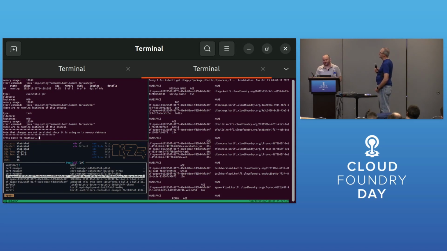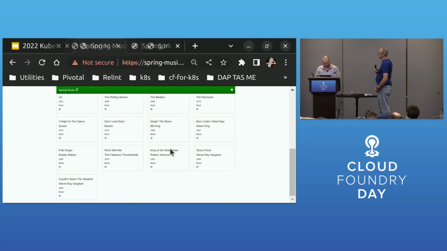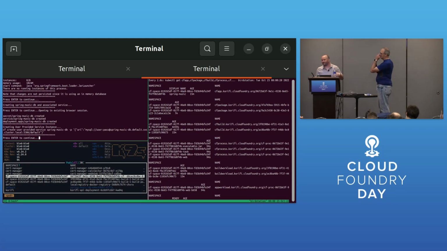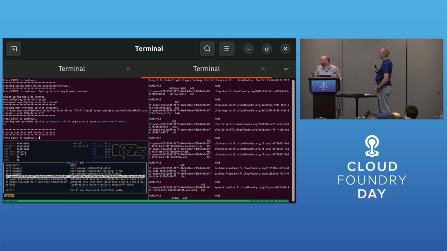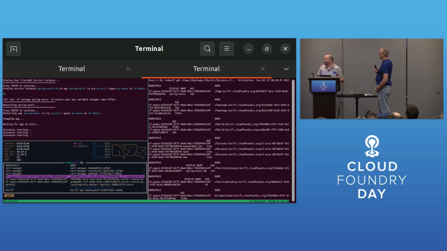So yeah, we want to connect a database. We can do that. Just reopening the thing. So we want to connect to a database, so we create a database deployment with a service and the whole bit. And then we want to create a service instance, so that's a user-provided service instance. And we're going to bind it. I believe we have a service binding now. That's restarting, I think. Yep, and then we have to restart it, obviously, for that to take effect.